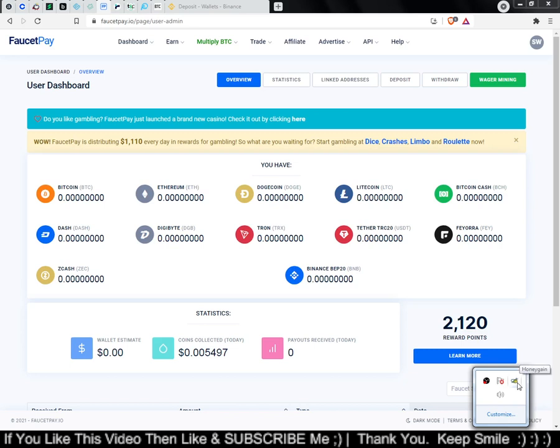So if you want to make extra cryptocurrency or real money online, then you can just choose this application. Of course, it is not worth a lot, but always something is better than nothing, and that is the thought I use sometimes in my life. So I use that application.